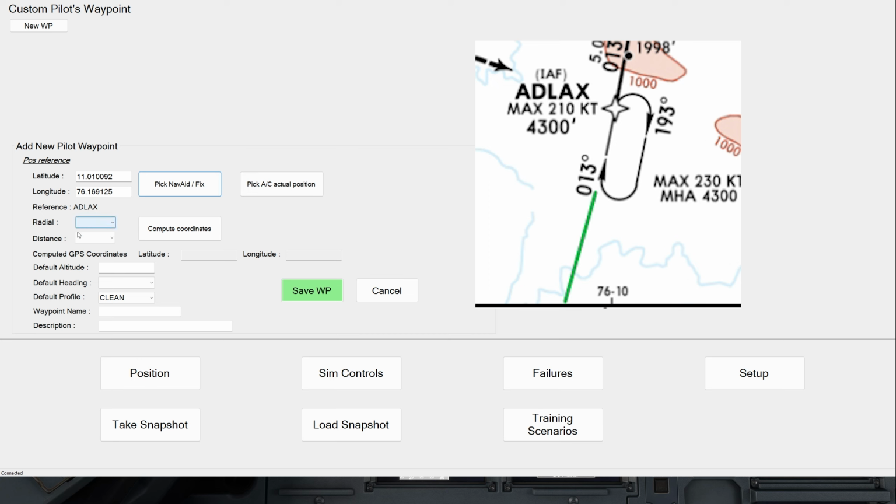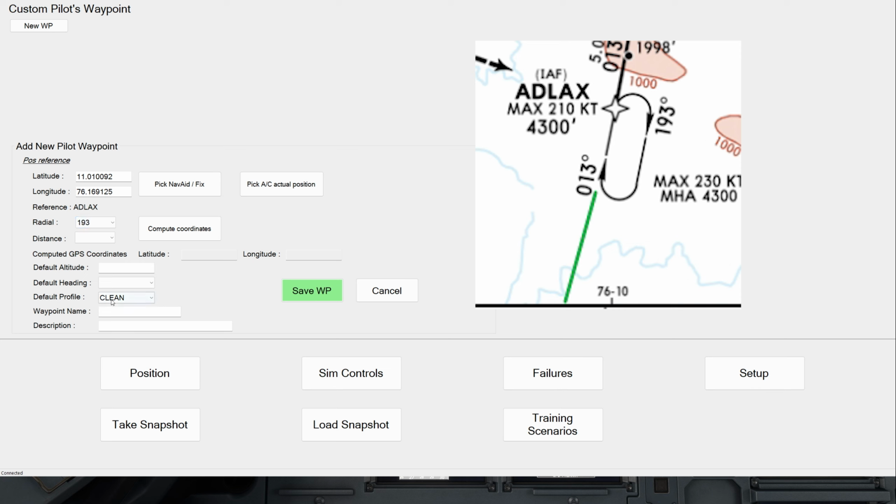Now I need to select a radial and a distance. As you can see on your chart right now, if we want to be south of Add-Ons on the same radial that we will fly outbound, so from Add-Ons we are going to fly 013 toward Bedin, which is the initial approach fix, which is the intermediate fix. Then we need to set up the opposite. So basically we should be on 193. So if we want to be south of Add-Ons, we are going to set the radial 193 from Add-Ons,